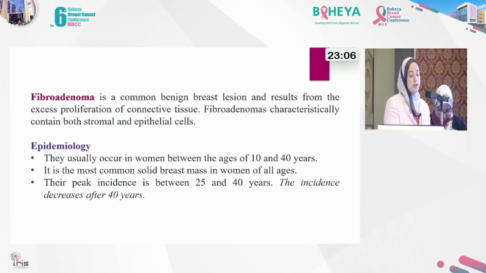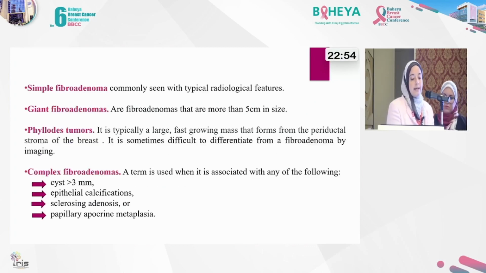A quick note on what a fibroadenoma is. They are the most common solid breast masses in women of all ages. Their peak incidence is between 25 and 40, and this incidence should decrease after 40 years. They can be categorized as a simple fibroadenoma, which is commonly seen with typical radiological features, a giant fibroadenoma, which is a fibroadenoma that's more than 5 centimeters in size, a phyllodes tumor, which is typically a large, fast-growing